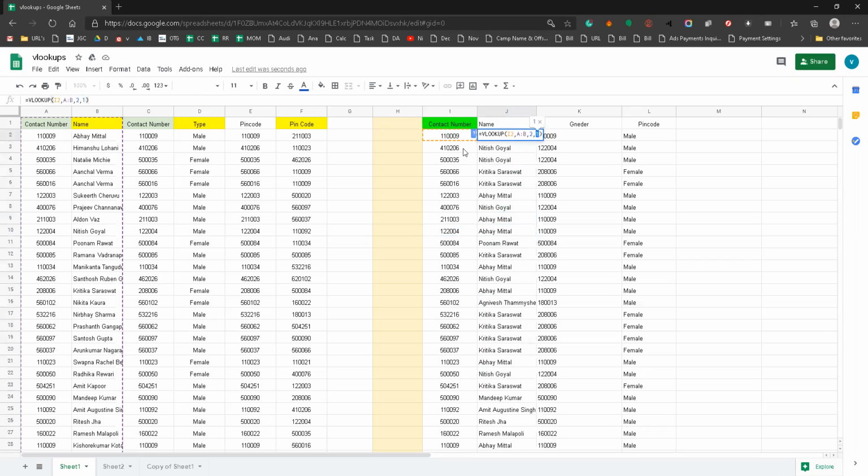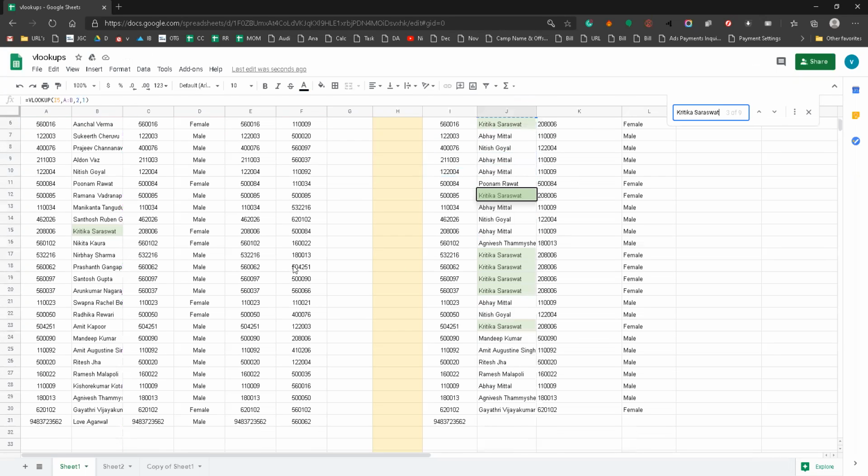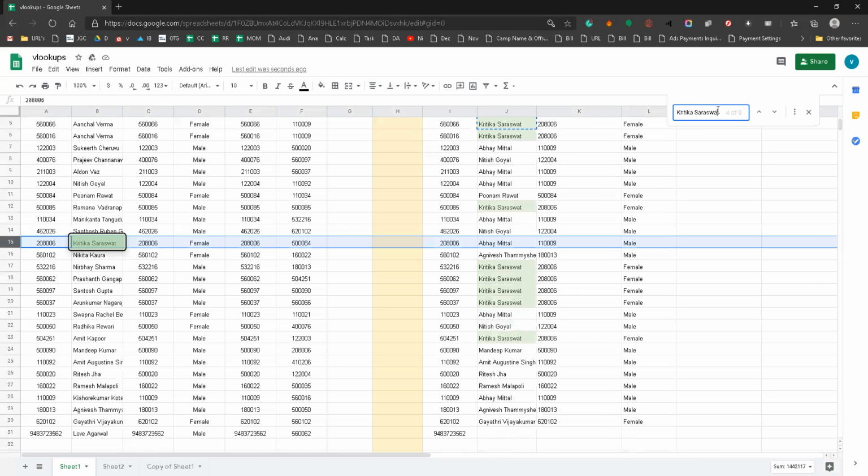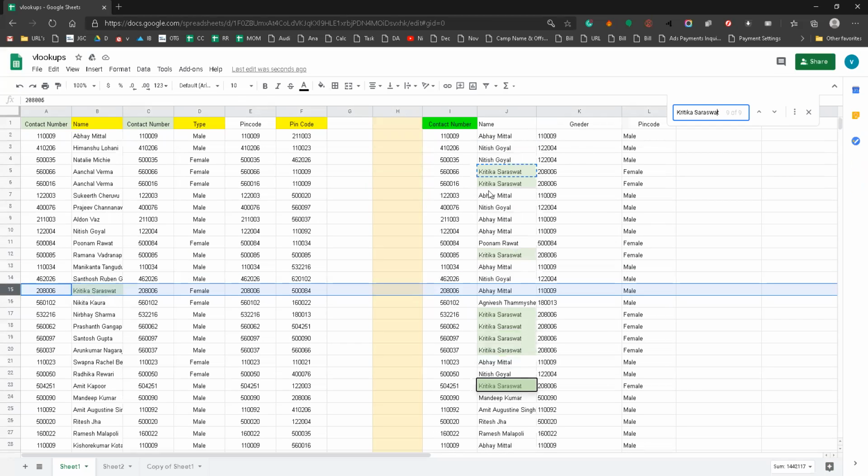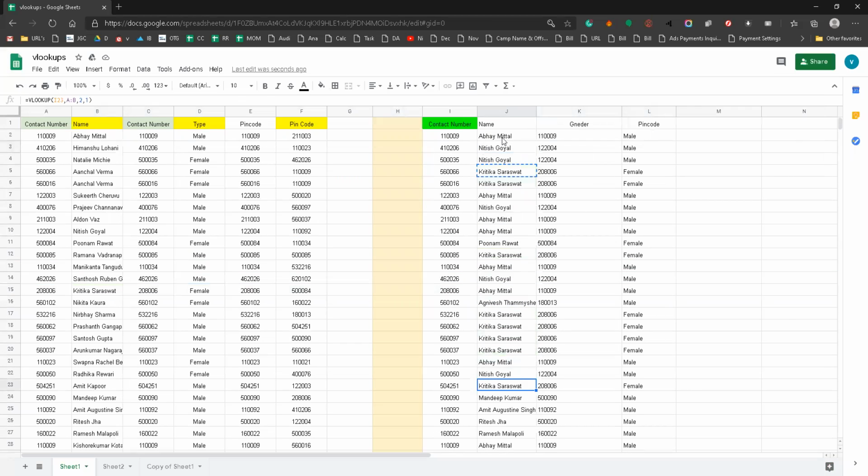When we keep one, and we search for the name here, it is taking the data from column 15. So the same data is being printed here, because when we keep one, it will not match correctly. It will only match a single cell and copy-paste the same data up to the end. So according to the formula, we should keep either zero or false.